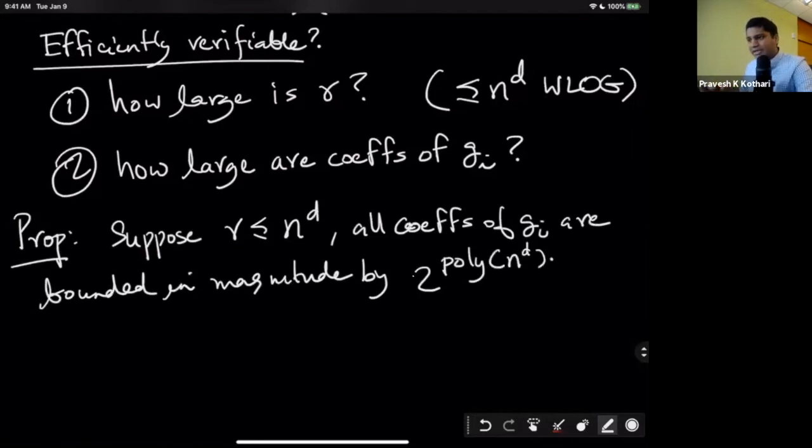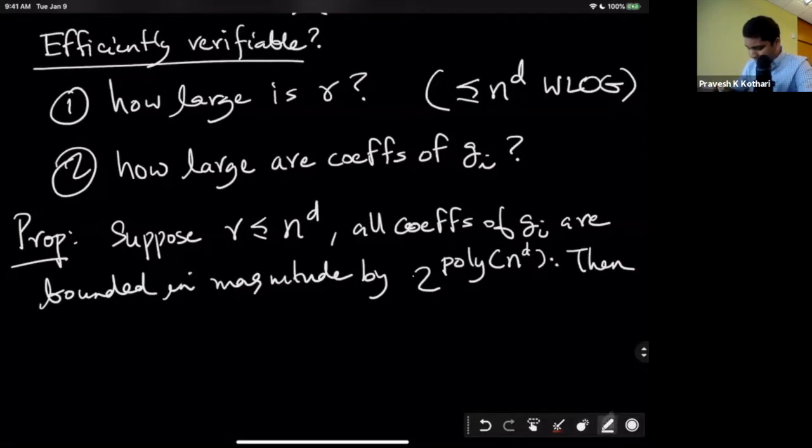Notice that if an integer is bounded by 2 to the polynomial in n to the d, then its bit complexity, the number of bits you require to write it down, is going to be polynomial in n to the d. So we are happy about it. So suppose R is at most n to the d, and all the coefficients of g_i are bounded. They're rational numbers where the integers appearing in them are at most 2 to the polynomial in n to the d. Then